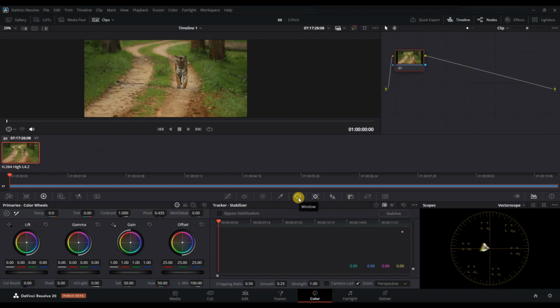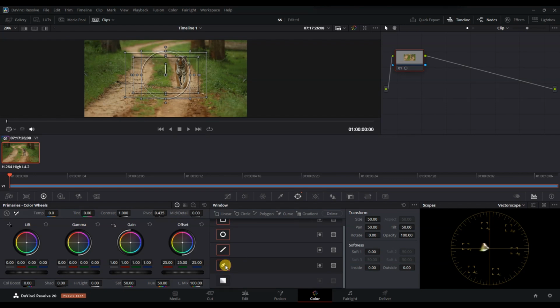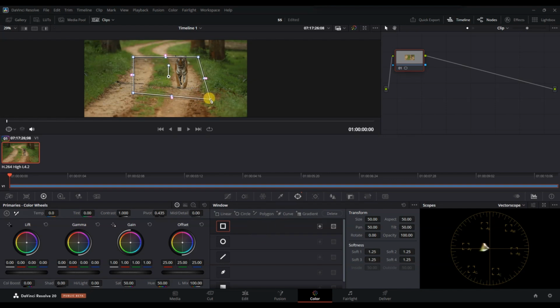After that, look at the middle panel and find the window icon, which looks like a circle or a square depending on the shape you want. Click on it to open the masking tool. You can choose from different shapes like a circle, square, or even draw a custom shape using the pen tool for precise control. Once you have chosen your mask shape, position and resize it over the area of the clip you want to affect. You can drag the mask points to adjust the size and shape perfectly around your subject